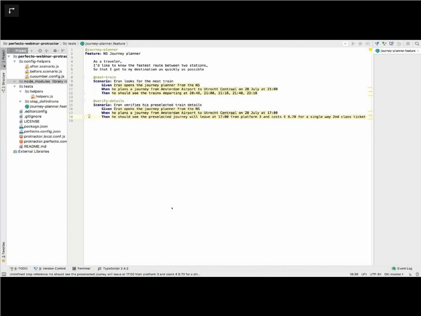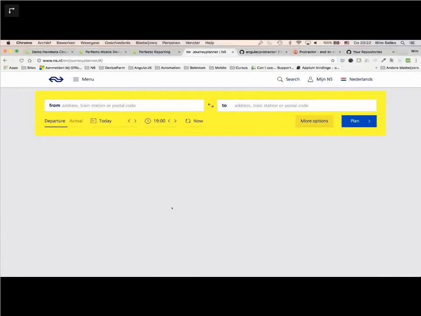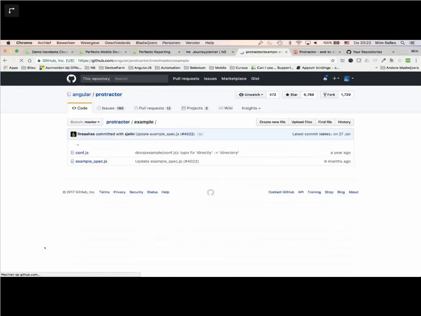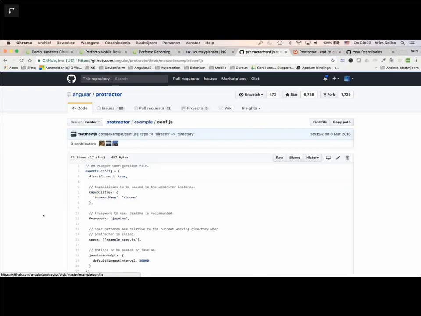In the second scenario, we're also going to look at the details. If we look at automating with Protractor, there's a very helpful example on the Protractor GitHub itself. It starts with basic Jasmine, and you have an example with TypeScript or an example project here in the example folder. You will find a spec file in which you find the steps you need to do and a configuration